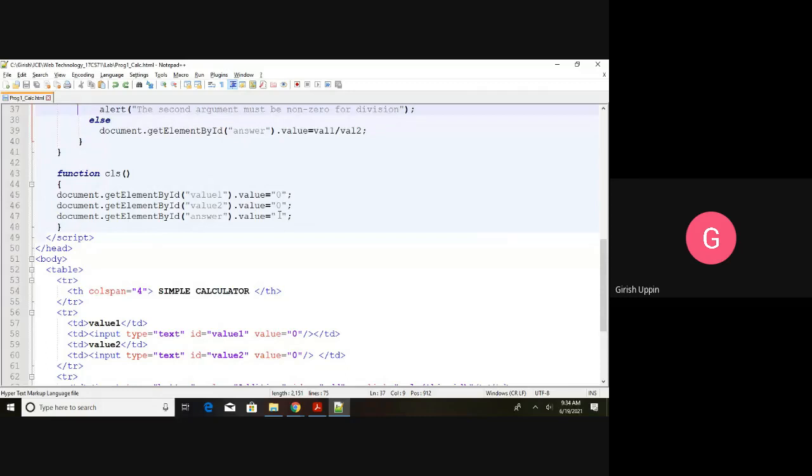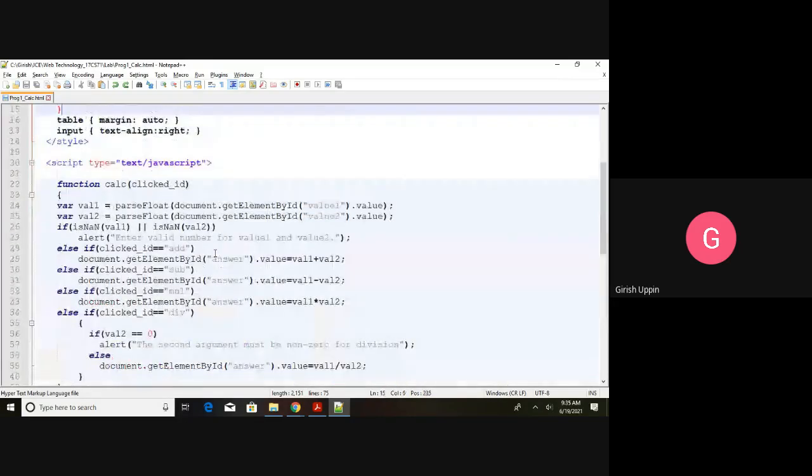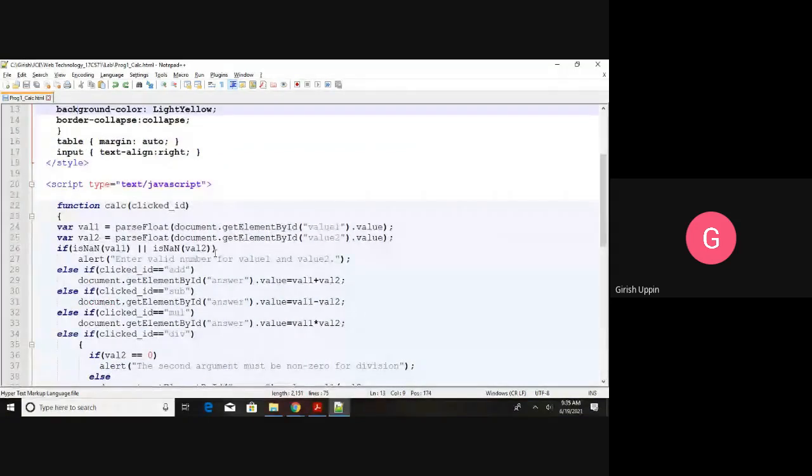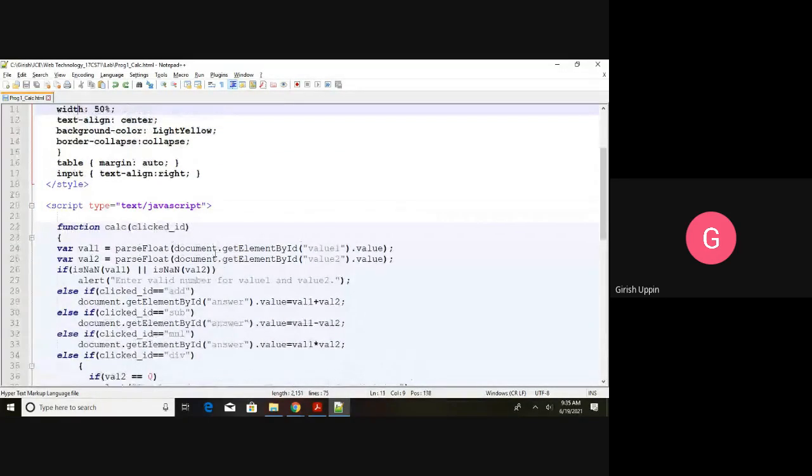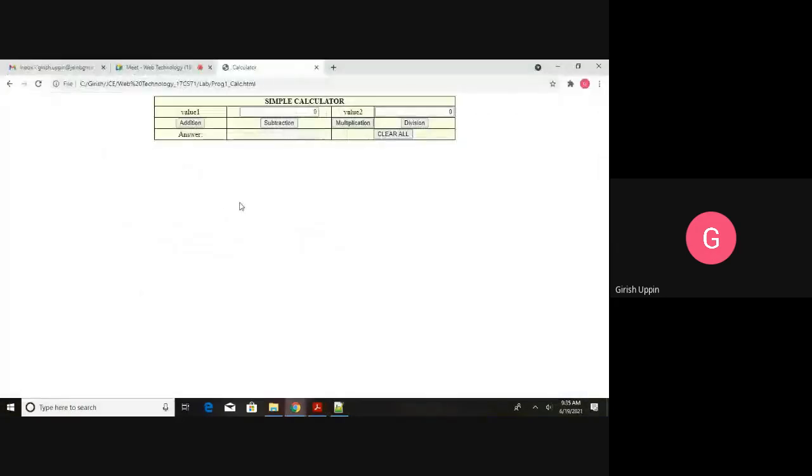Okay, that is the complete program. We covered all the scenarios, right? For entering the character I showed you, it will come here. So that is the complete functionality of the first program. Are there any questions?